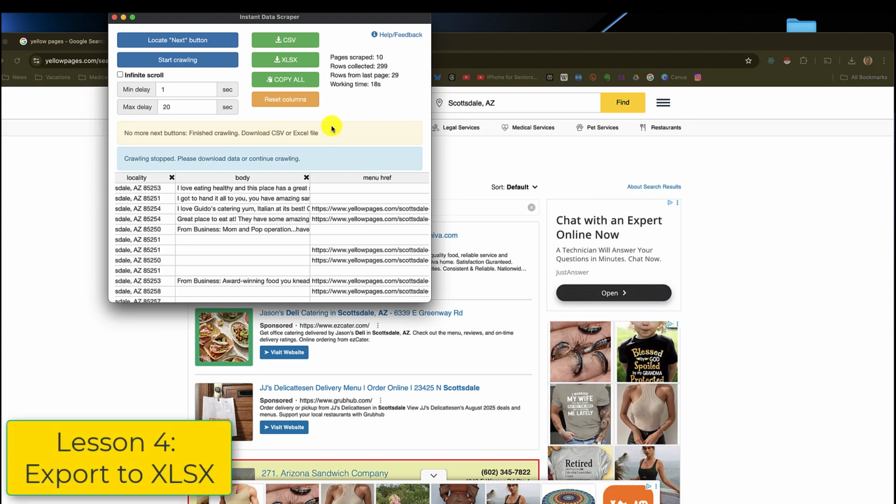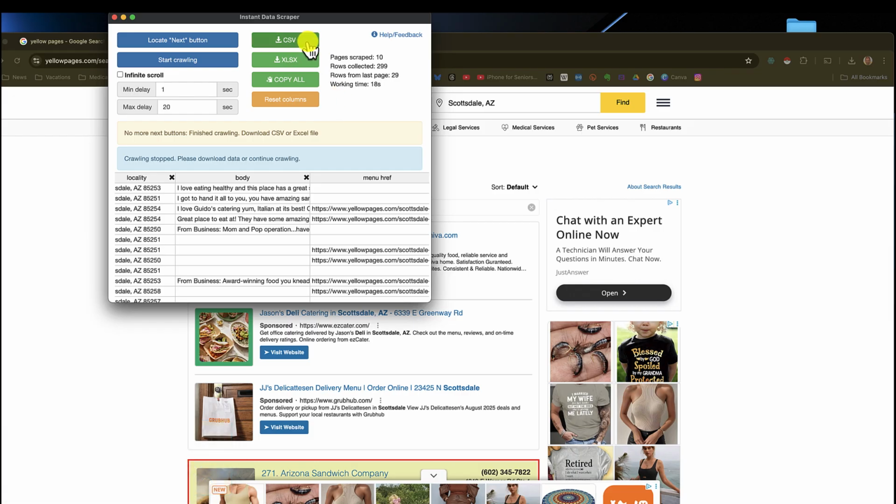Now I need to export the data into a spreadsheet format, and I've got a choice of CSV, Excel, which is xlsx, or just copy all. And I want to get this into a Google Sheet, and I really don't have the option for getting it into a Google Sheet, but for now I'm going to choose xlsx,